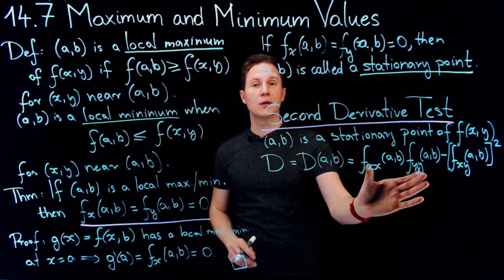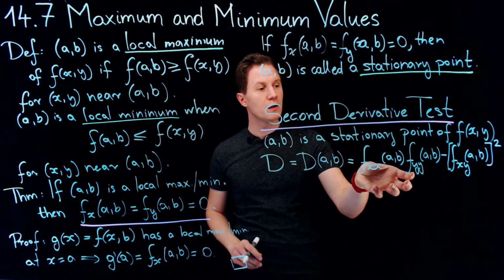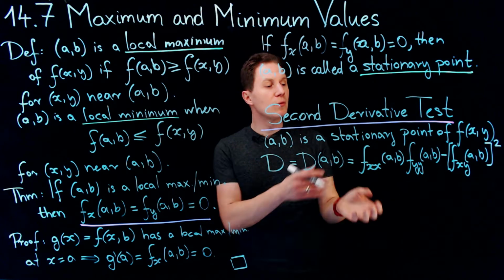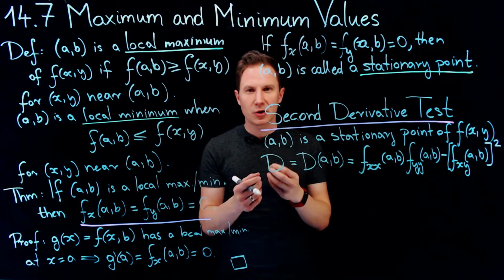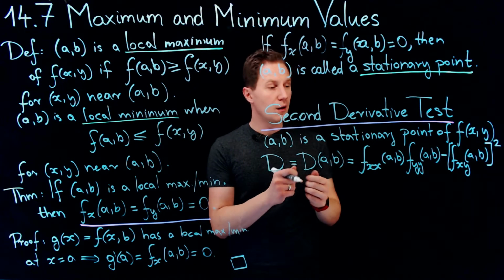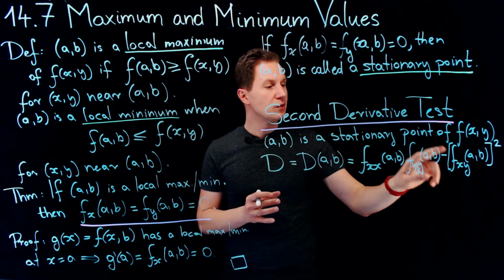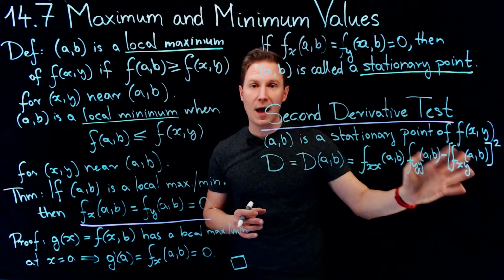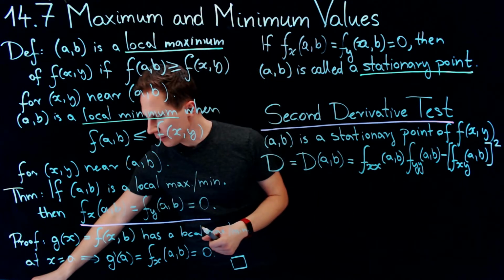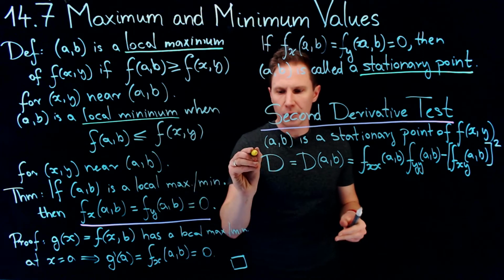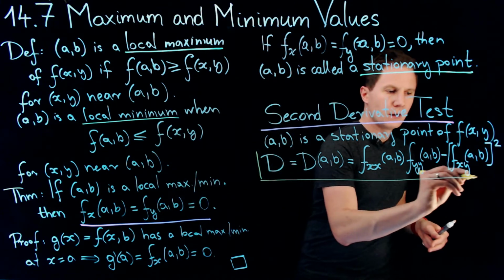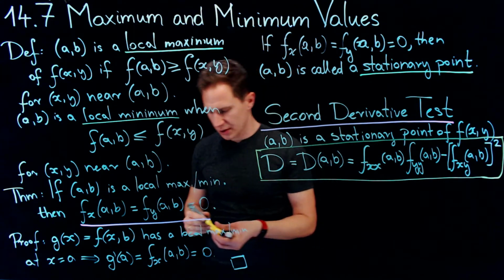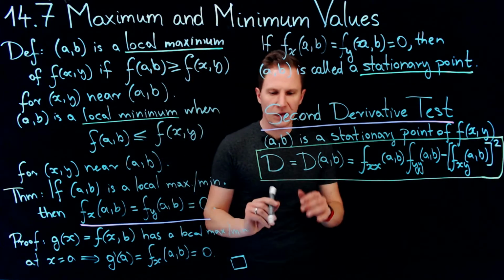So what we do is we take the product of the pure second order partial derivatives minus the square of the mixed second order partial derivative, and here I assume that these mixed second order partial derivatives are the same irrespective of the order of differentiation. So f sub xy and f sub yx is assumed to be the same. So we form this expression, or we compute this number rather, again using the second order derivatives of our function, and depending on this number